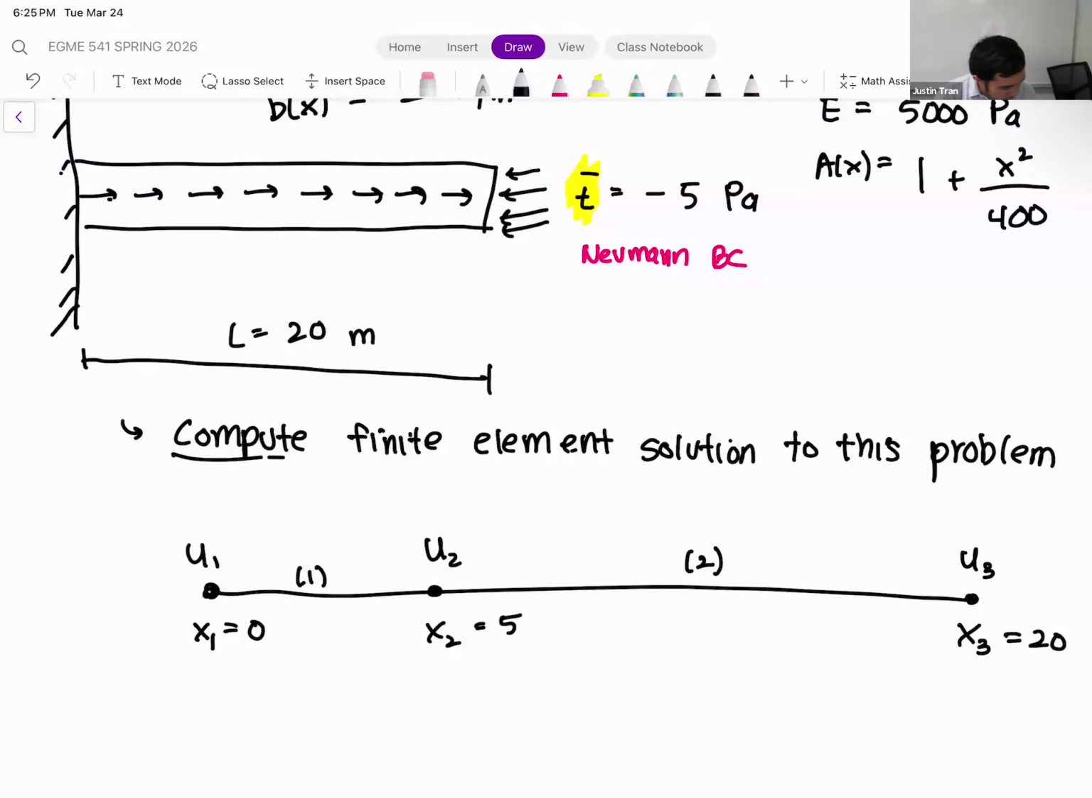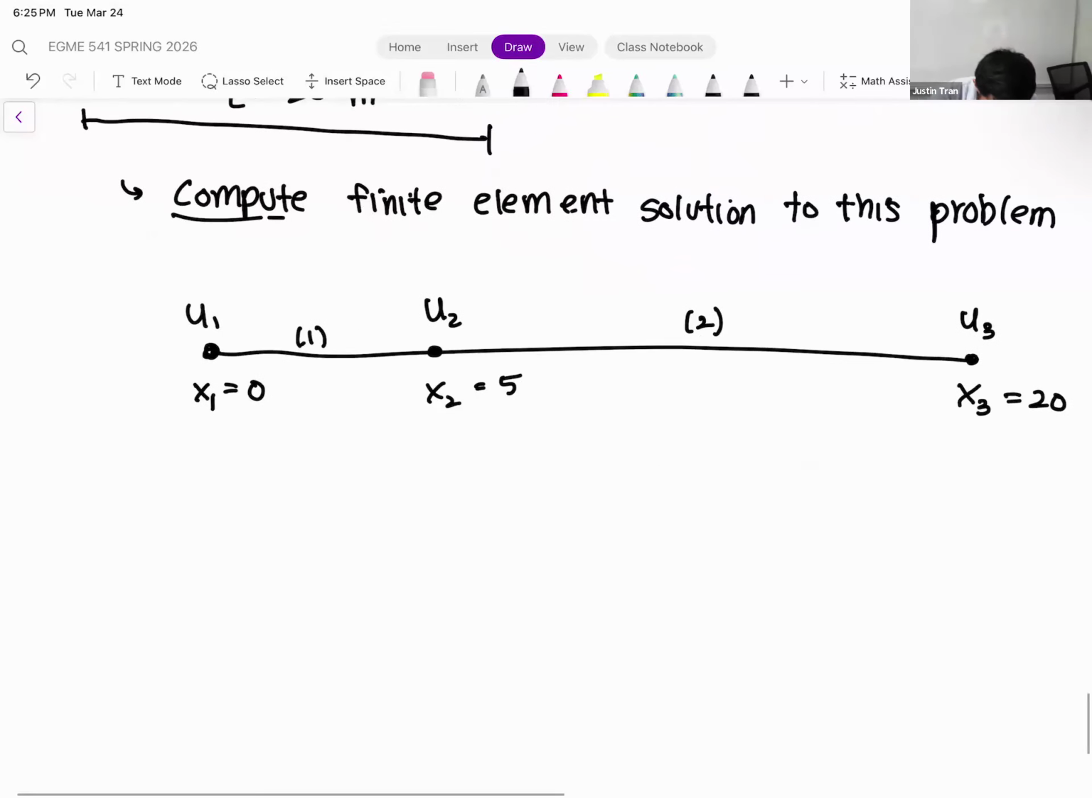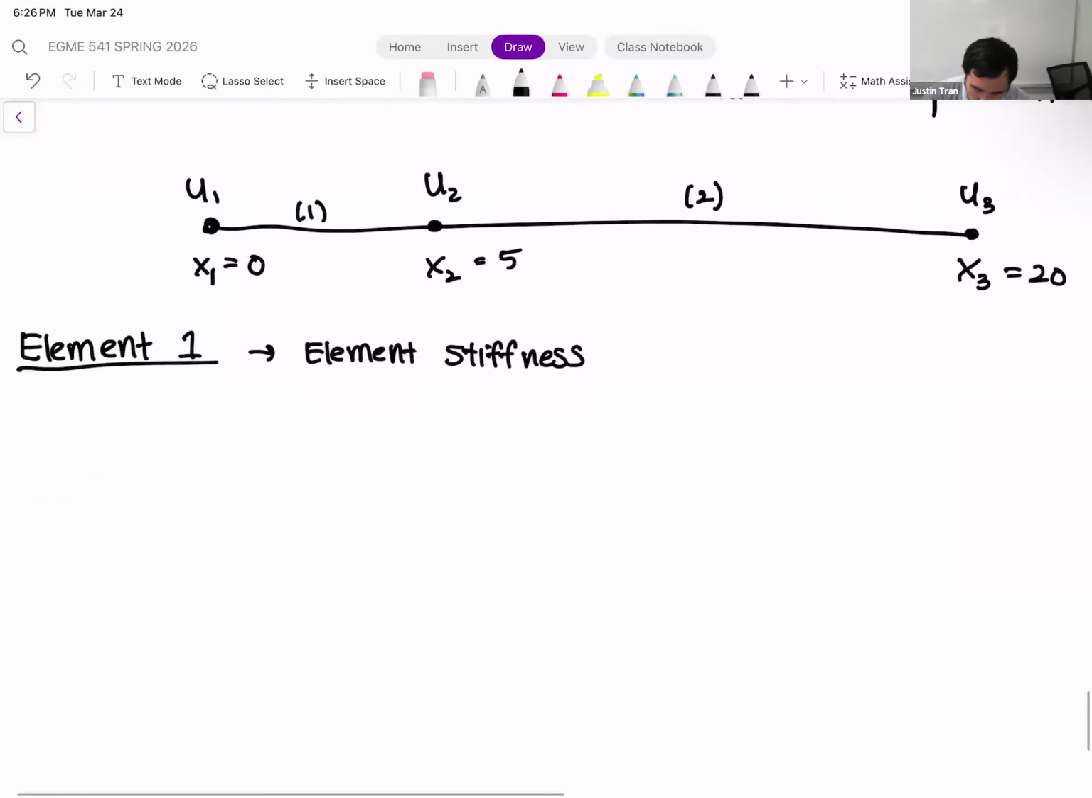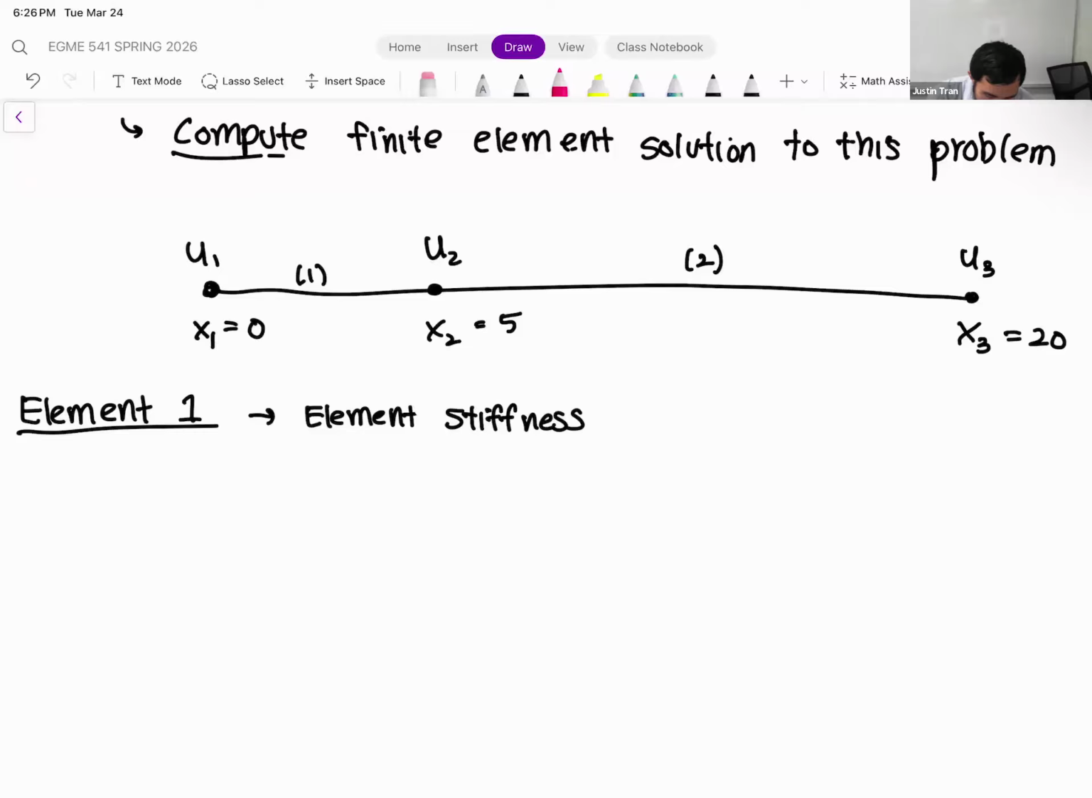Okay, let's go ahead and move on with the solution. Let's start with element one. We're going to compute the element stiffness matrix first. Our formula for the element stiffness matrix looks like the following. Just note that for element one, x1 is 0 and x2 is 5. So our element stiffness matrix is the integral from 0 to 5 of